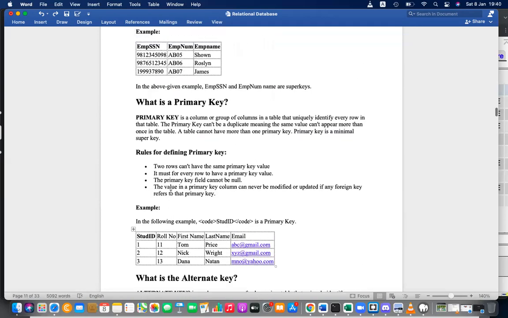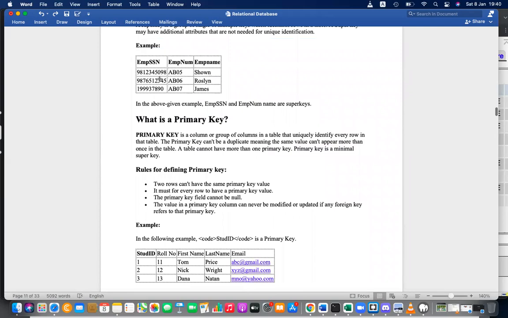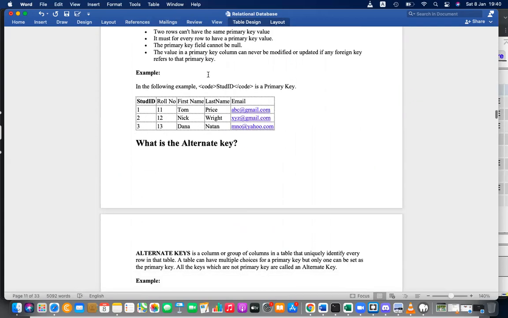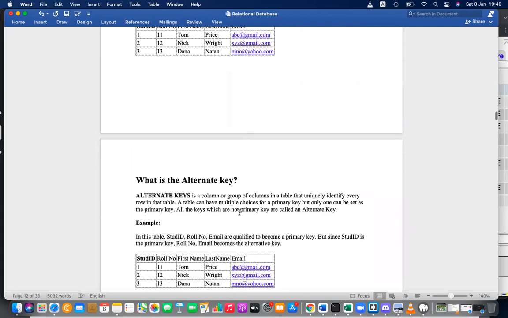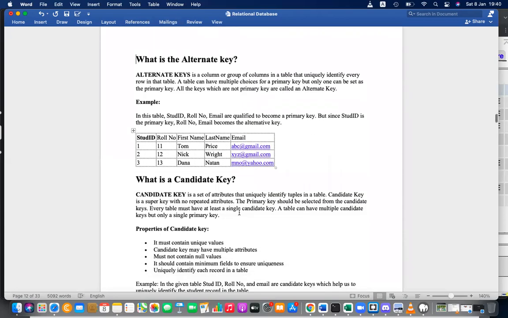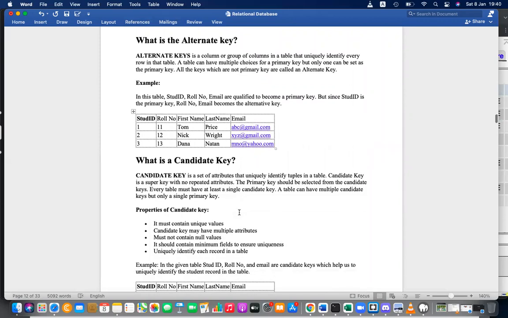After selecting the primary key, okay, I have selected this as the primary key, then there are some remaining keys. These remaining keys are called alternative keys. Those are the remaining super keys.